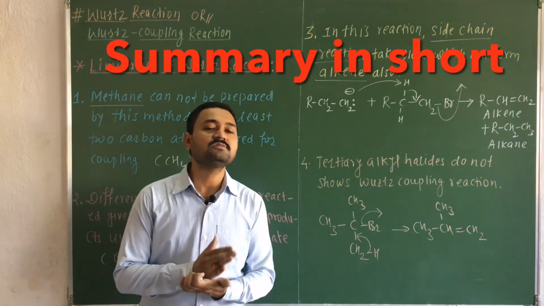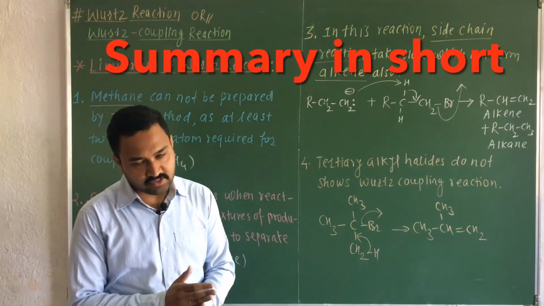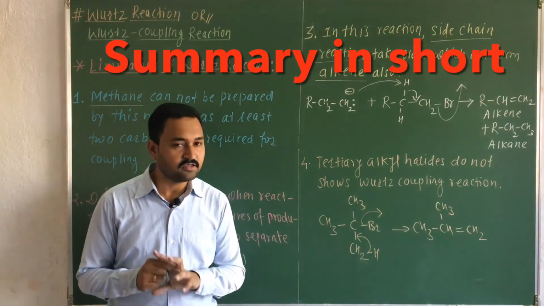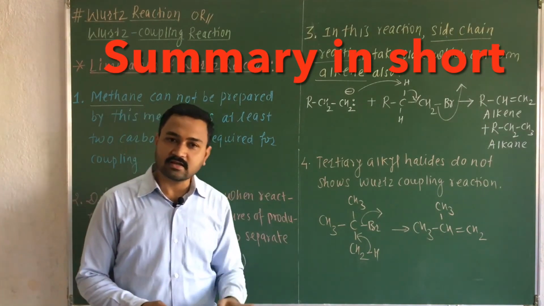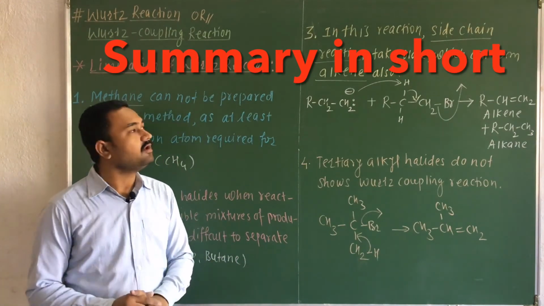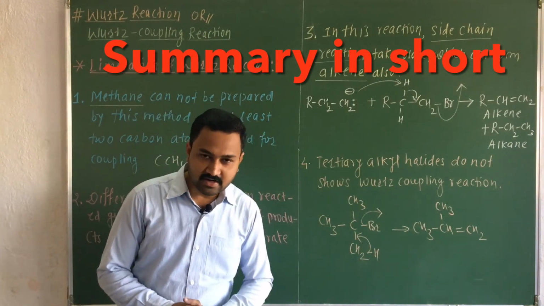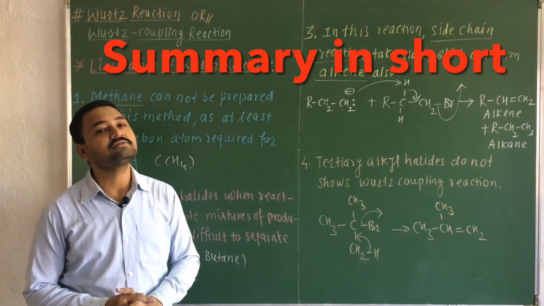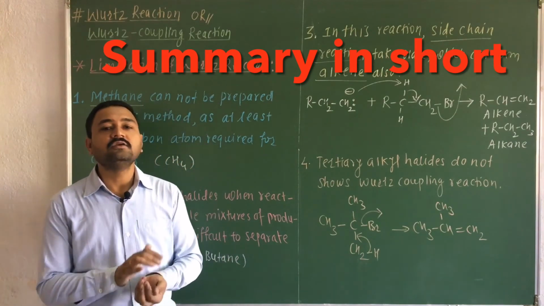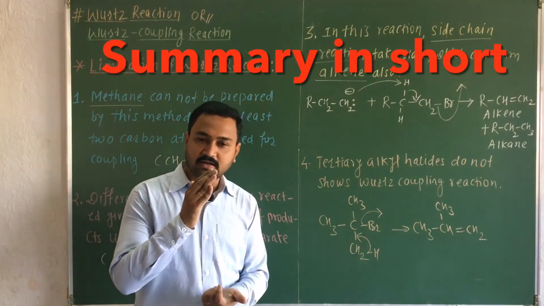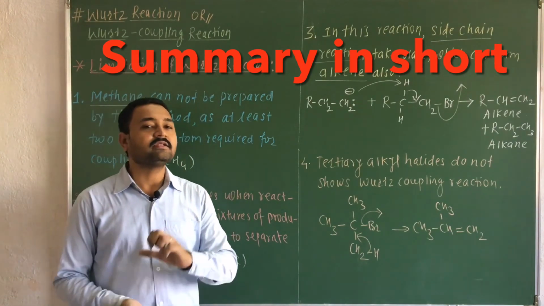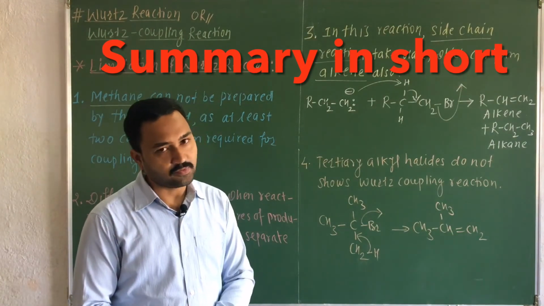So here in this lecture we have studied the Wurtz coupling reaction. We know that when two molecules of alkyl halide react with sodium metal in the presence of dry ether, they give higher alkanes. That reaction is known as the Wurtz coupling reaction. Okay, then we have considered an example of how we can form higher alkanes. Then we studied the reaction mechanism. There you have studied that first of all alkyl radical is formed. That alkyl radical converts into the alkyl anion and that alkyl anion gives the final product.